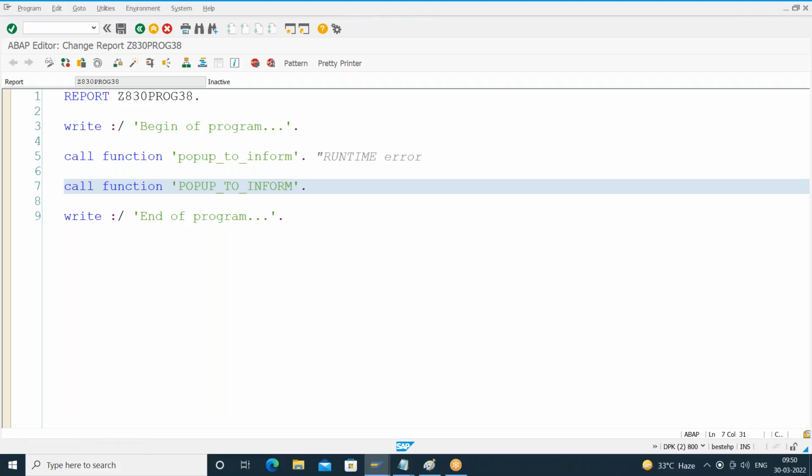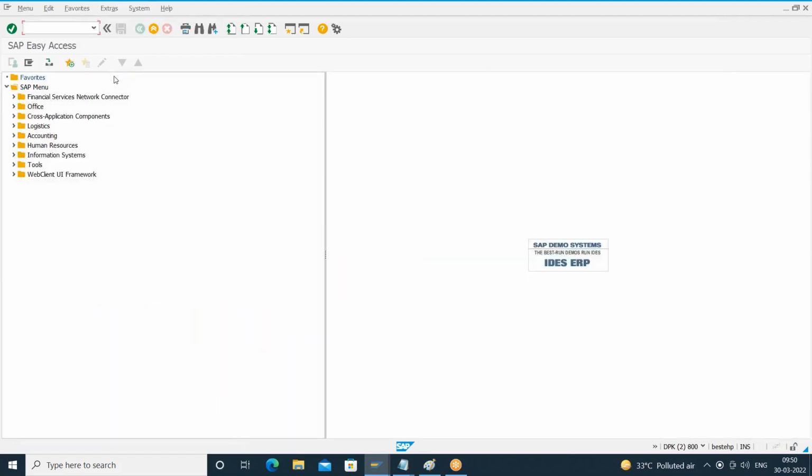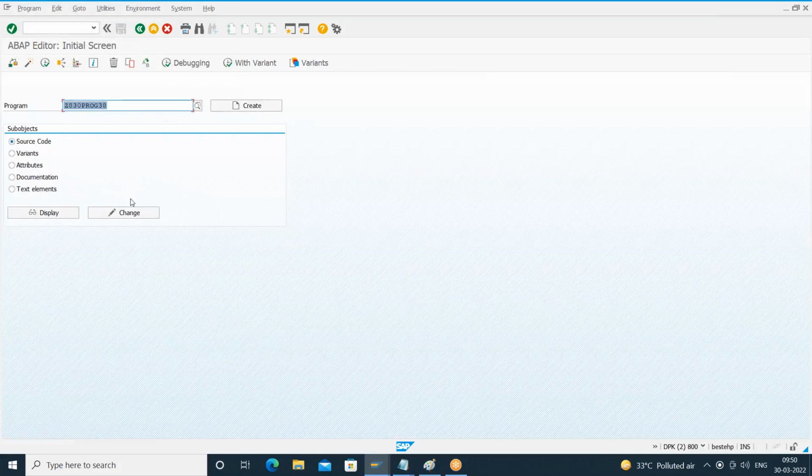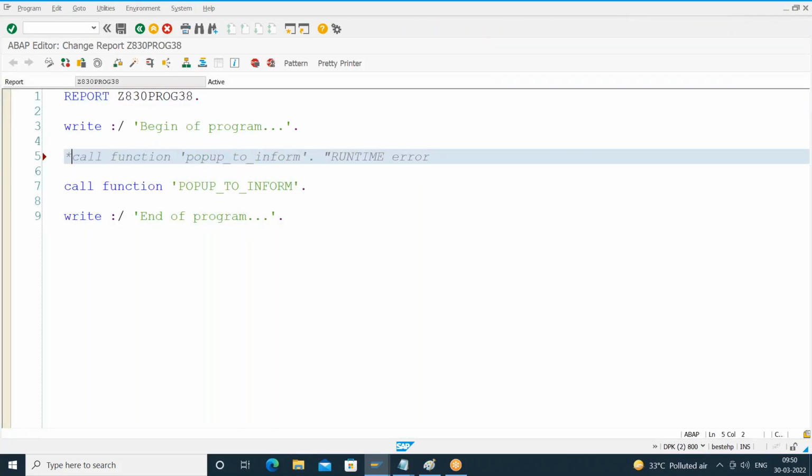No syntax errors. Execute. F8. I got the error. Why did I get the same error again? Oh, I'm sorry. I have not commented it. Right, sorry. I have commented it now. Done. Save it. Check for the syntax. Execute. When I press F8,